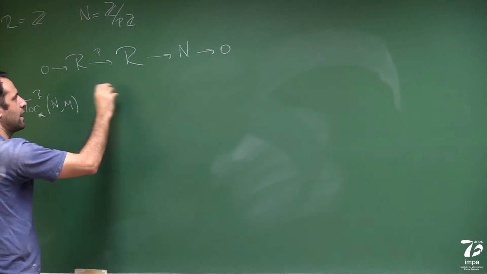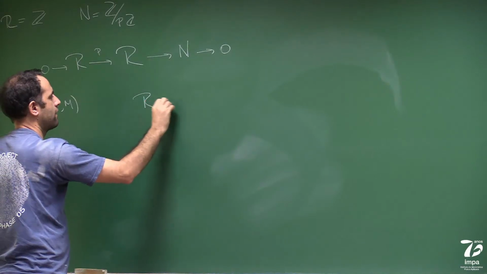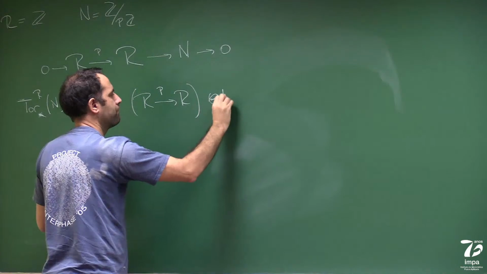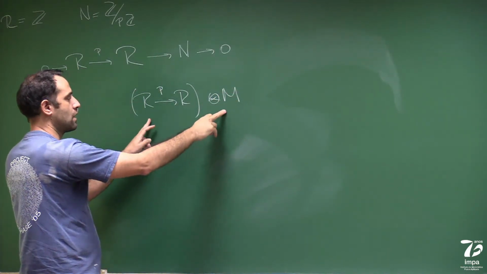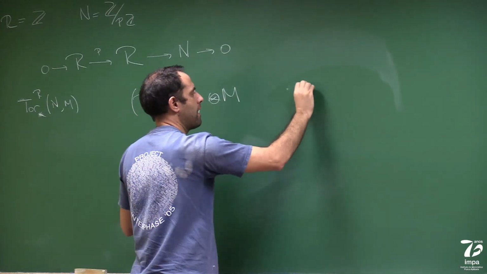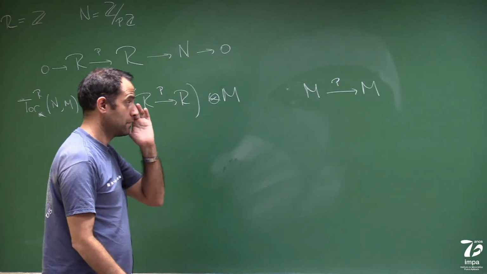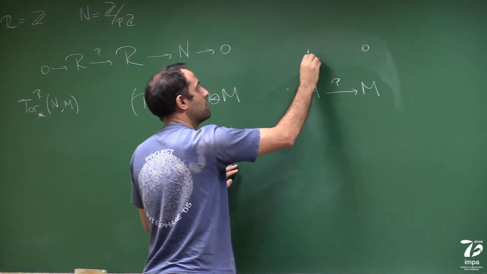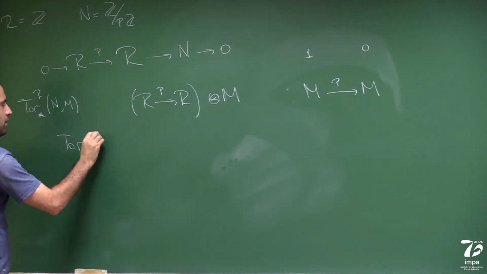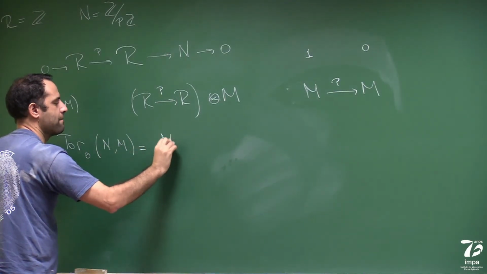The first step is I look at this resolution, and I tensor it with M. So I have this resolution, and I tensor it with M, and take the homology of that. So now this looks like R, M, and here's multiplication by P. This is in degree 0, this is in degree 1, and I've gotten Tor_0(Z/p, M) equal to M divided by PM,